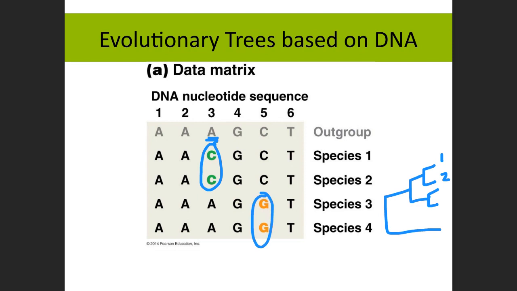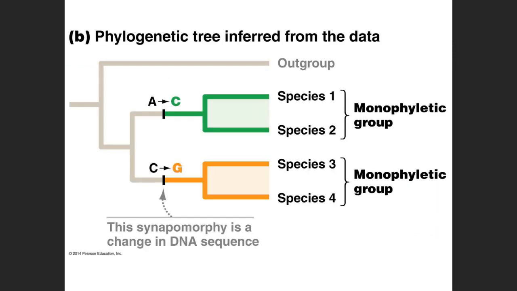3 and 4 are more closely related. And then we have our outgroup, which I'll just call O here, right? It's related. It shares some traits, but it hasn't made some of these other changes. So this would be what this tree looks like. And this term monophyletic group, that is an ancestor and all its descendants.